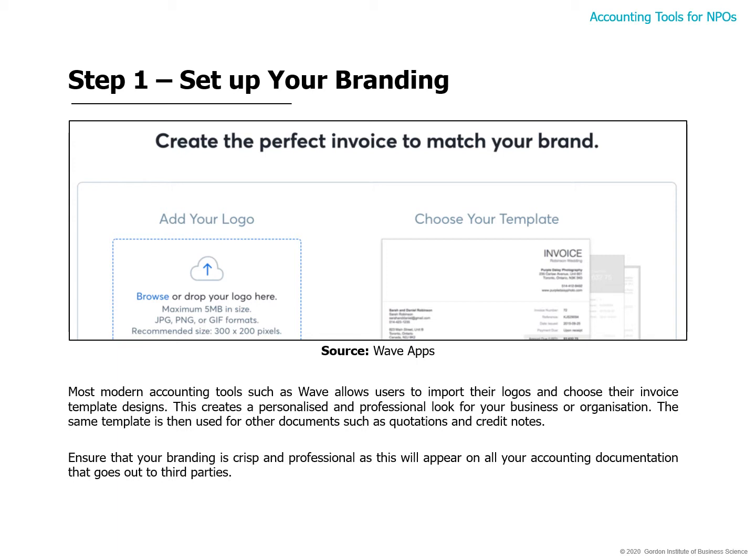So your first step is to make sure that you've got a good high quality logo, which you can use to then import into your accounting package. This will of course create a personalized, professional look for your business, and this look will feature through all of your documents as well. I think what's important is to make sure that your logo is in high res, and that you've got a fairly good idea of what your brand identity looks like in terms of colors and fonts. So once you've got your look and feel under control,